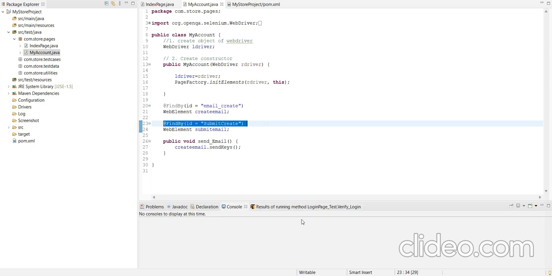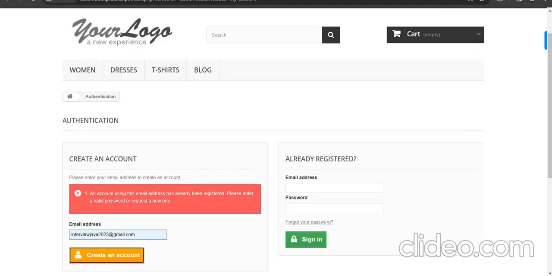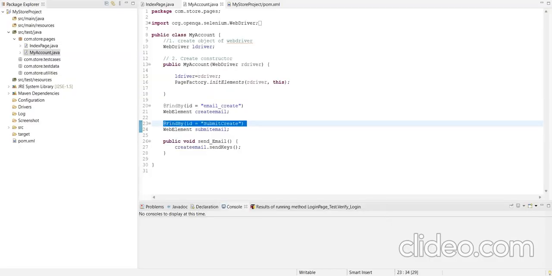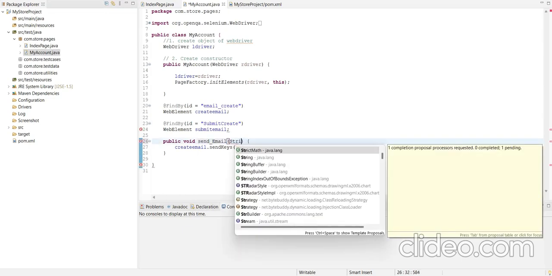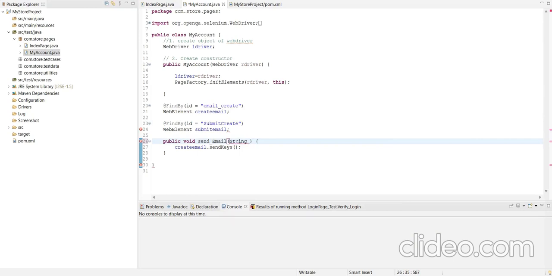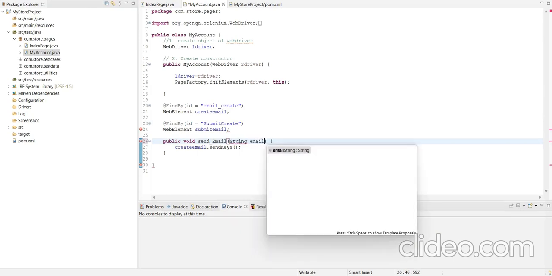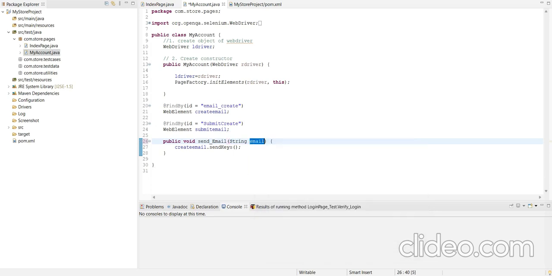Then we have to create one method to create the account. So we have created one method, and here we pass a string parameter.